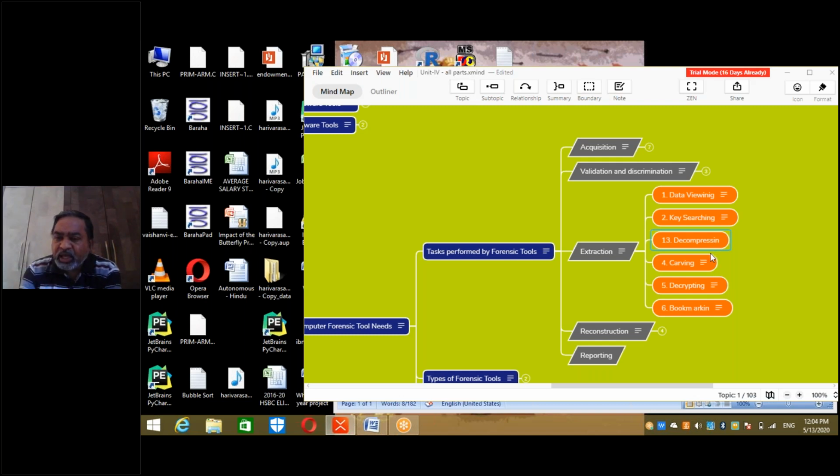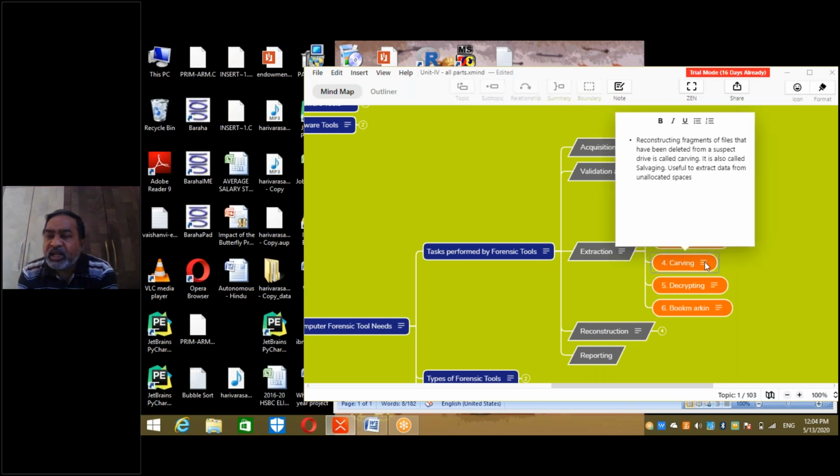Right? Next, carving is another activity. What is this? Reconstructing fragments of files that have been deleted from the suspected drive is called carving. Suppose you have edited a file. See the latest version of Word. I'll show. See here, review is an option.